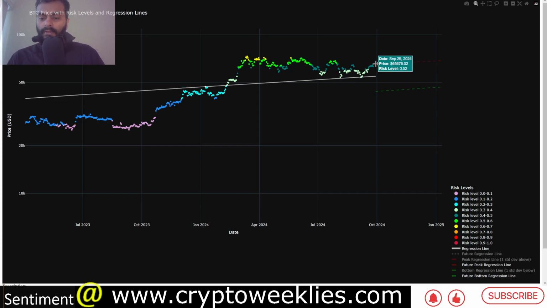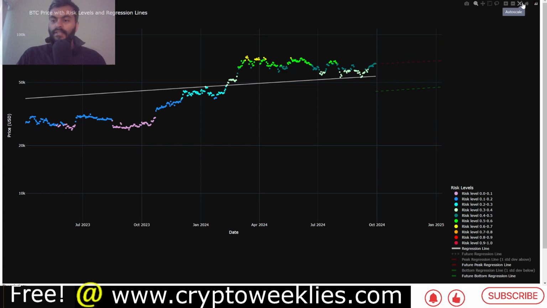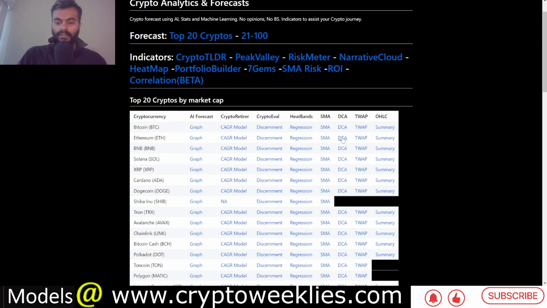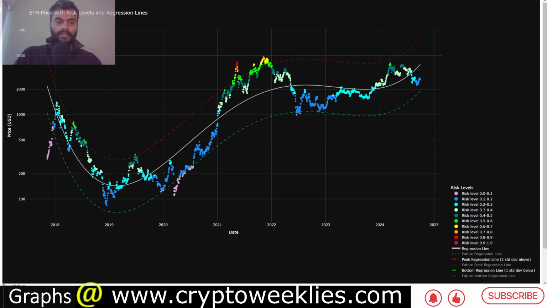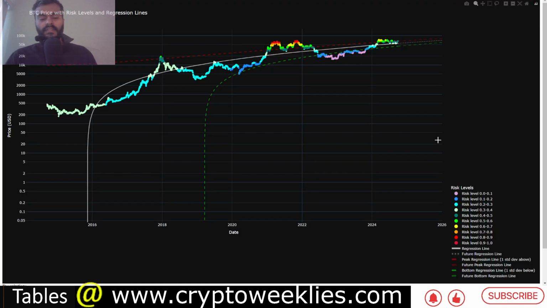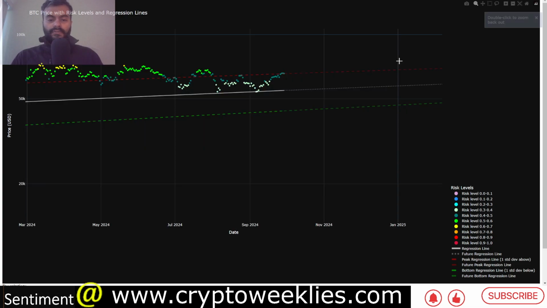So per this model, the risk level is at 0.52. So that's where Bitcoin is. This is a linear regression based model. For Bitcoin, we have kept this model. For other altcoins, instead of the linear regression model, what we have done is, for example, a polynomial regression function where we identify the risk buy zones and sell zones based on the momentum instead of a linear regression based analysis.